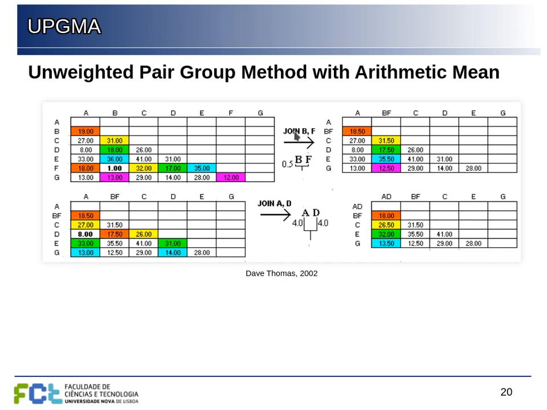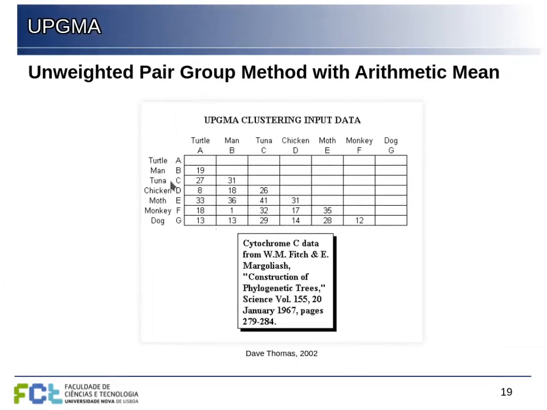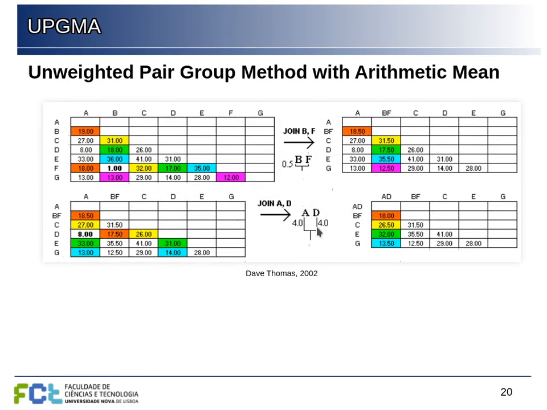That is, for example, when we group dog, monkey and human together, the distance to, for example, turtle will be the average between the two. So human to turtle will be here 19, dog to turtle would be 13. So we take the average of the two, and this would be now the distance we have between the group human and monkey to turtle and to all of the others. And we store this group.